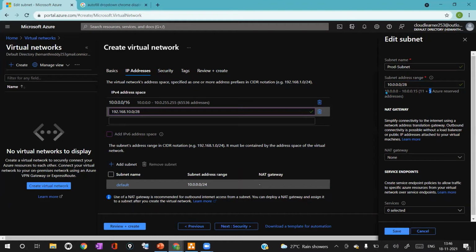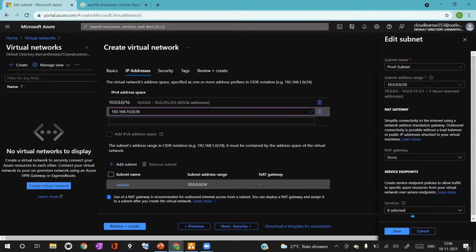So here I'm getting almost 16 IPs. In that 16 IPs, I'm having 11 IPs which I can use, and 5 IPs are Azure reserved IP addresses. Since I'm having the IP address range as 10.0.0.0/28, which is the subnet value 28, for that subnet value, I'm getting 16 IPs.